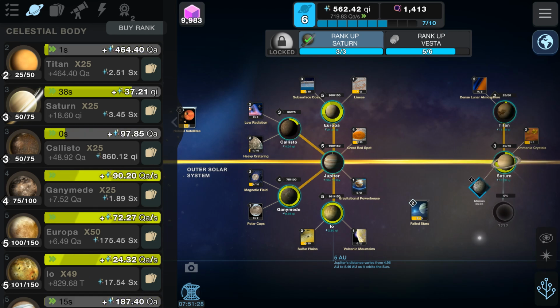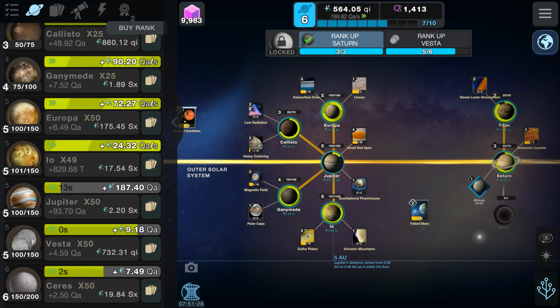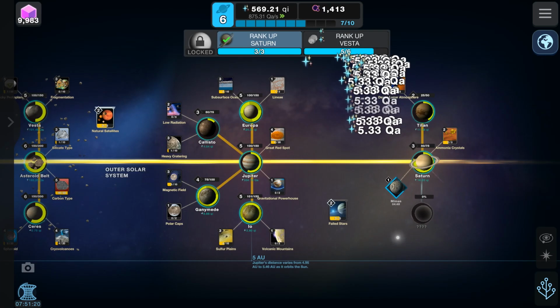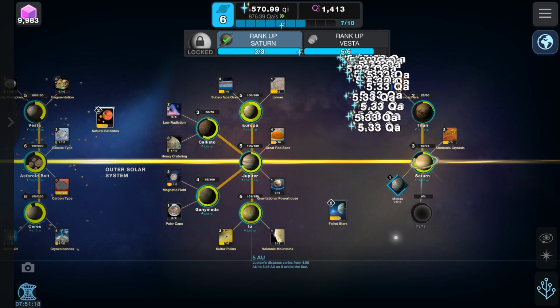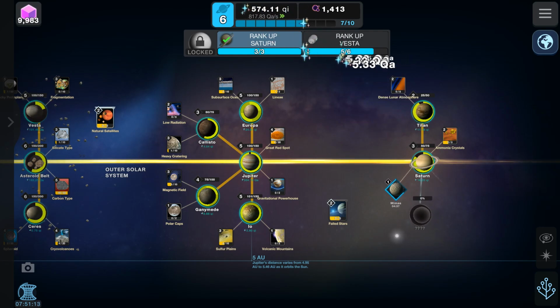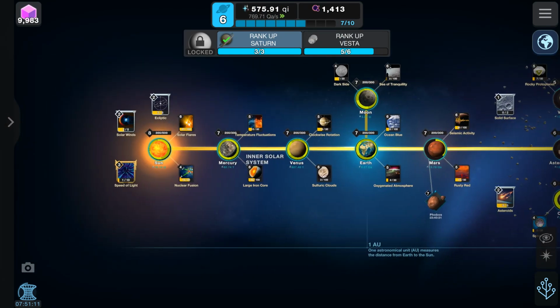So how expensive is Vesta? That was 732, and we currently have 564, but that is increasing very, very fast. So what we can do is just give the game a hand and get extra speed. It's going to take a bit of a while, but this should be a fairly fast process here. There isn't really much we can do, but in the meantime,